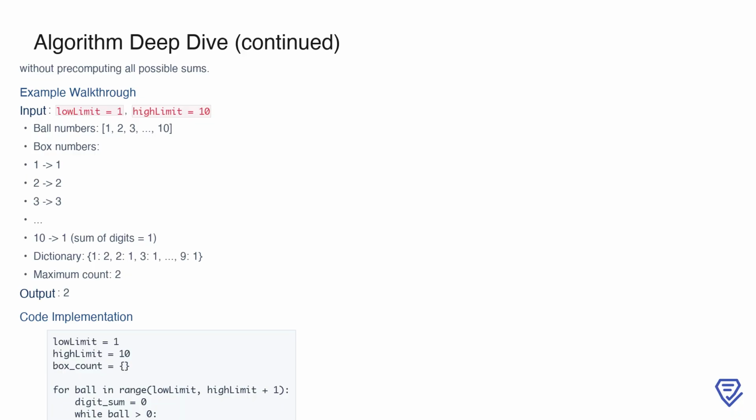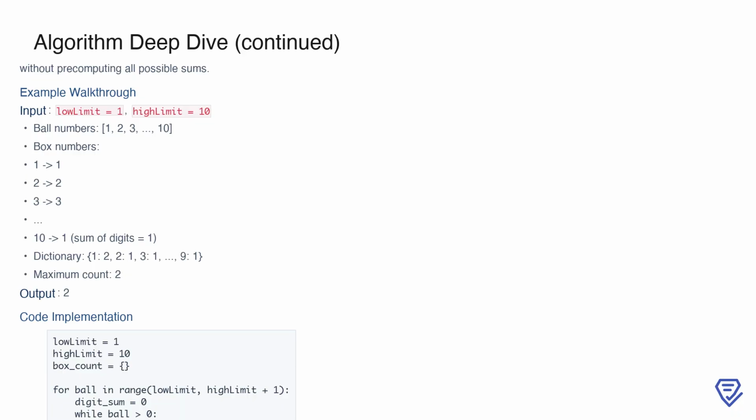As a result, box 1 ends up with 2 balls, while boxes 2 through 9 each contain 1 ball. The dictionary we construct looks like this: 1: 2, 2: 1, 3: 1, up to 9: 1. The maximum count of balls in any single box is 2, so the output is 2. This example demonstrates how the algorithm efficiently calculates the result by iterating through the range and grouping numbers based on